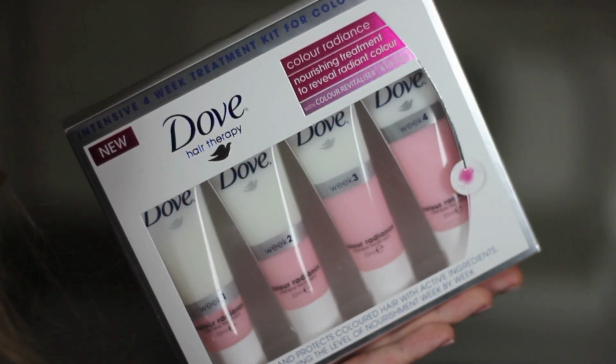But I saw this and I was like, ooh, this sounds really intriguing and it could really help my hair out. And this is the Dove Colour Radiance Nourishing Treatment, and you have 4 sets here, and you get 1 for each week, and it's supposed to enhance your colour. So I'm going to be doing a step-by-step review on my website,